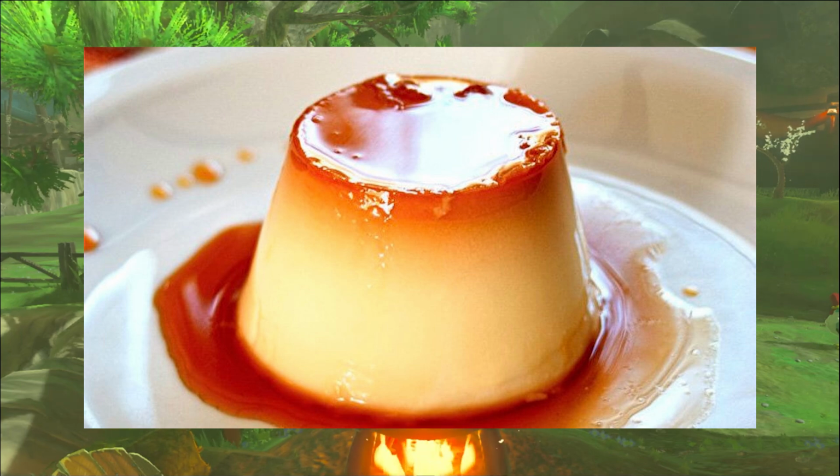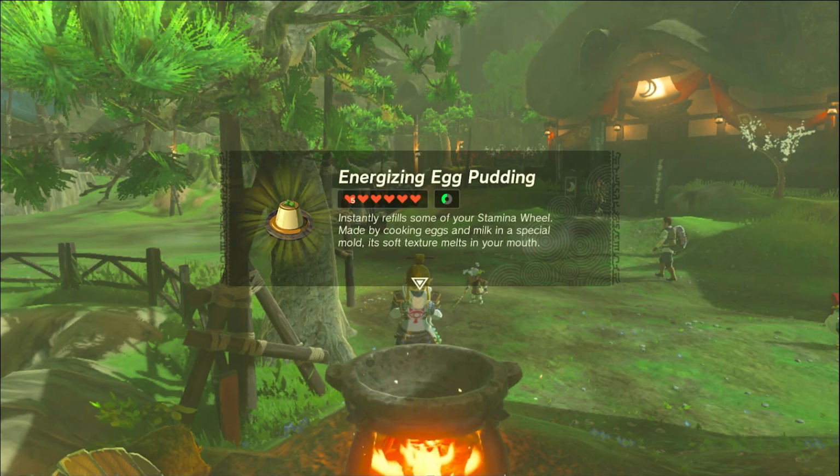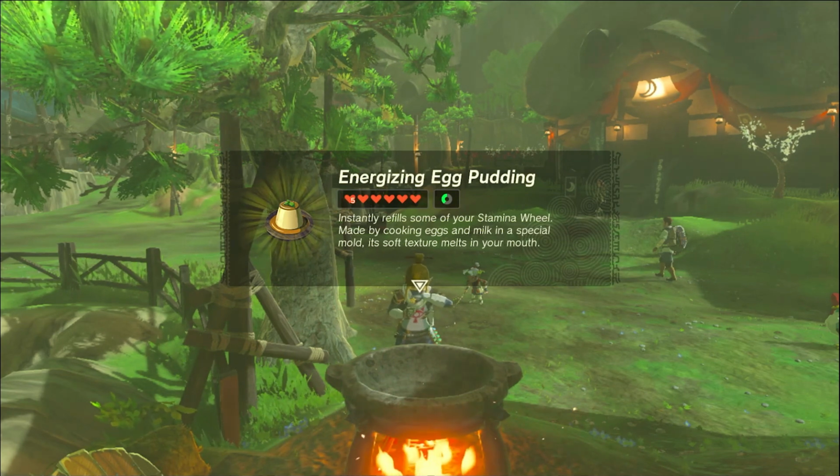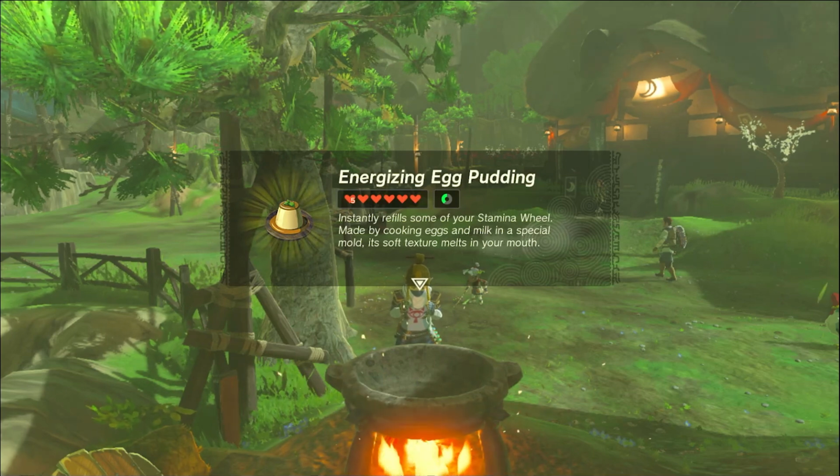I have to try it again as an adult, because your palate changes, and I definitely think that I would probably like it more now as an adult, but I don't really have a good relationship with flan. And I have no relationship with egg pudding. I just genuinely have no idea what it would taste like other than flan. That's my, especially with the picture, that's my reference. So,